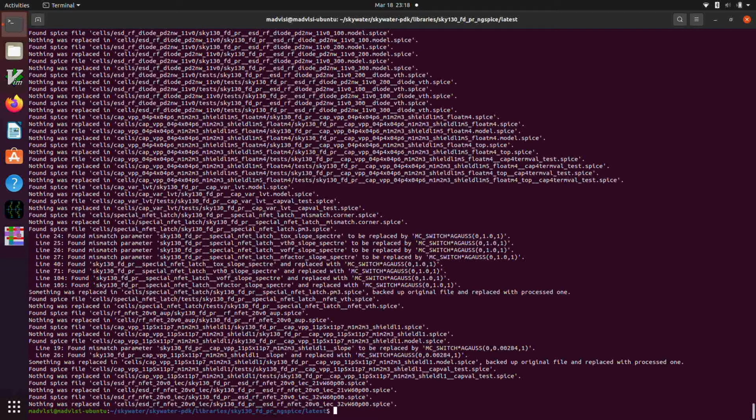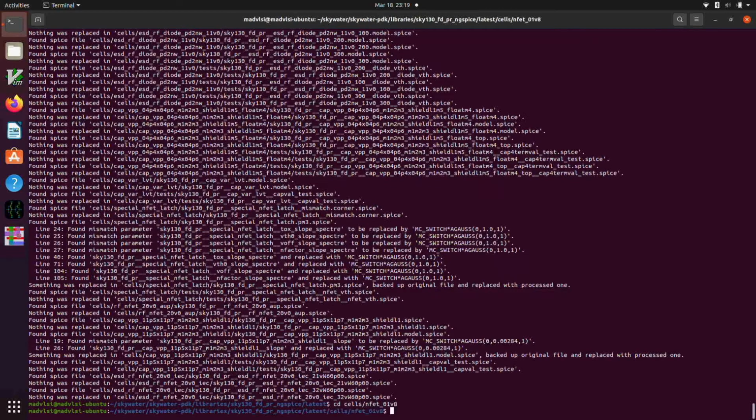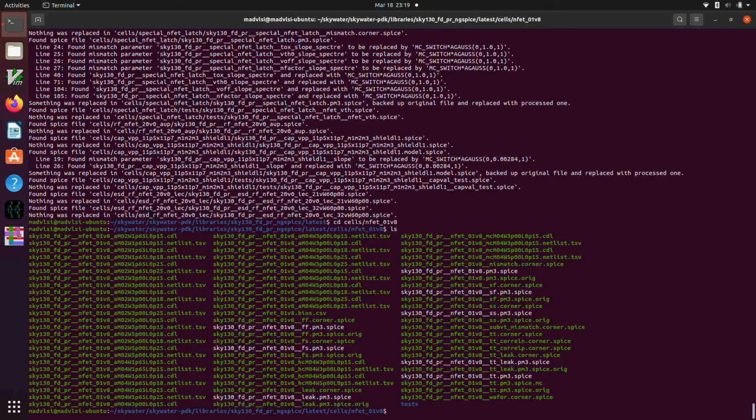Okay. So if we go back to the cells directory under nfet 01v8, we can see that we have a bunch of new files here in white that are the modified files, and we have the .orig. And if we open up the one that we looked at before, we can see what it did. So if we less sky130 blah blah blah